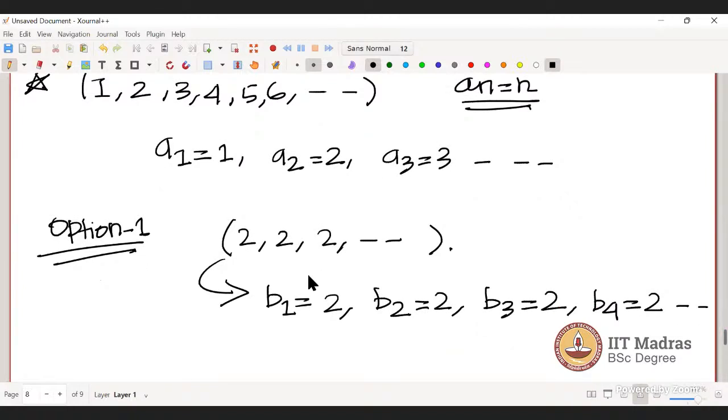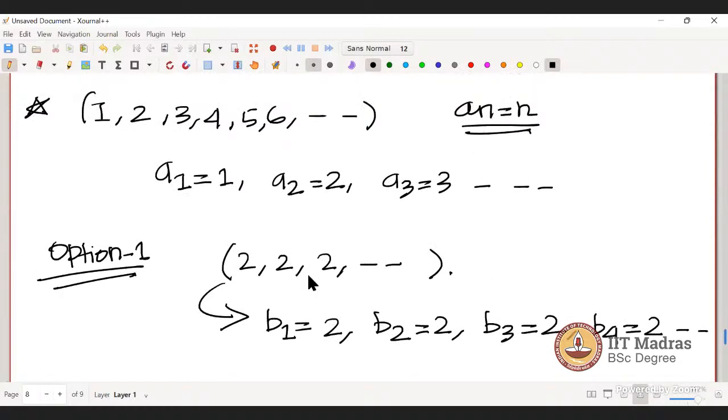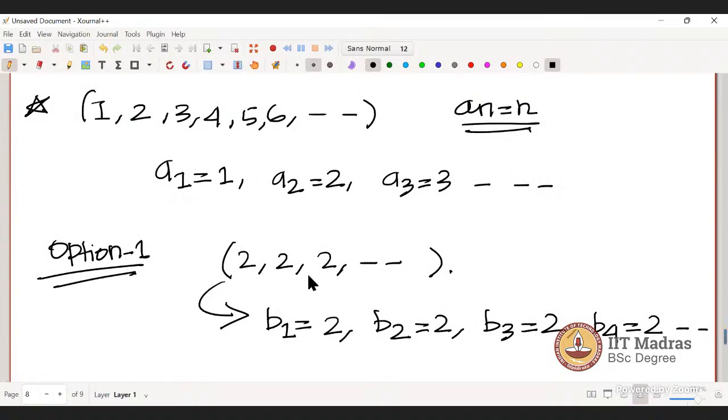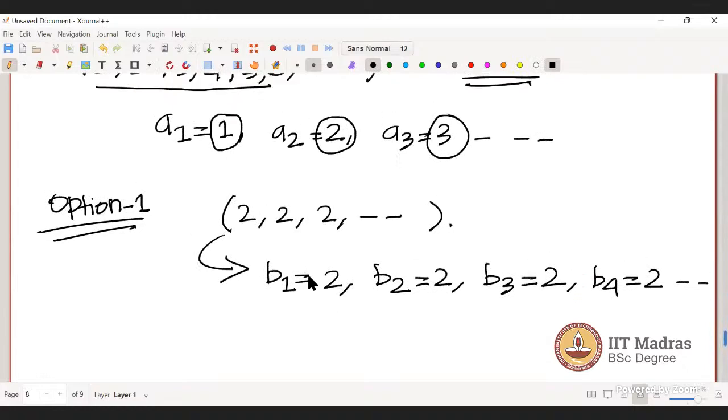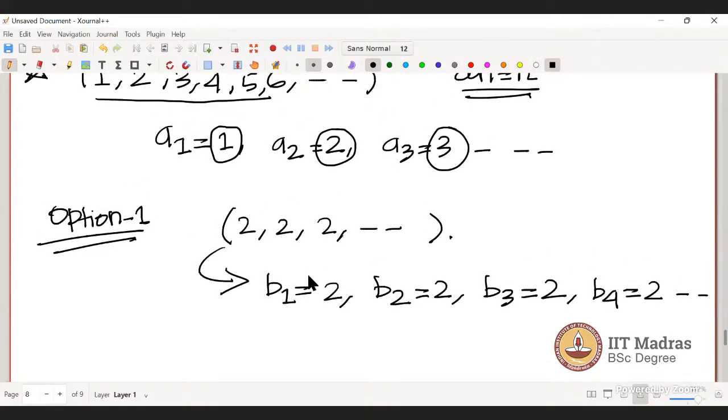So what is the definition basically? Can you tell me what is the definition of subsequence? What I understood was that a subsequence is sort of a subset of that sequence. And as you can see, you have some order in this sequence, right? It's incrementing. This is the first term of the sequence, this is the second term, this is the third term. So a subsequence is basically a sequence